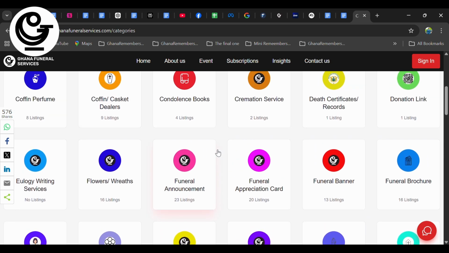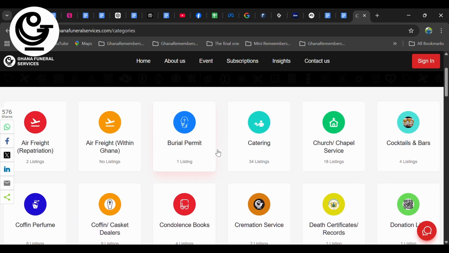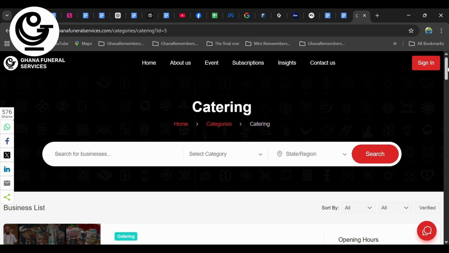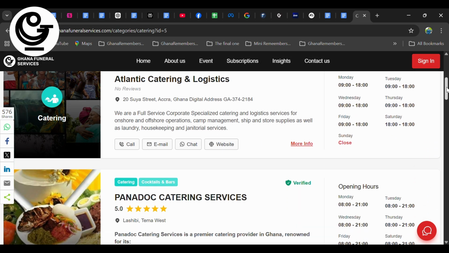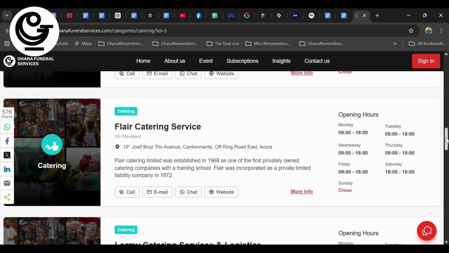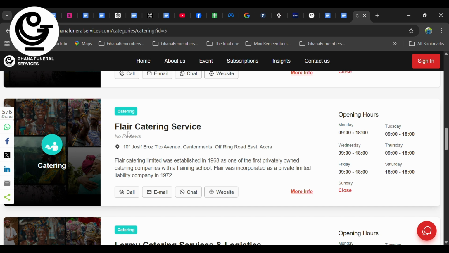Also, if you need a catering service, you need to search for the catering category. As a family looking for catering services to take care of your funeral by providing food for guests, you come here and then you select the catering category. There are over 30 listings under this category. You can choose from the various catering services available under this category. In case you want to contact Flair Catering Services, you click on